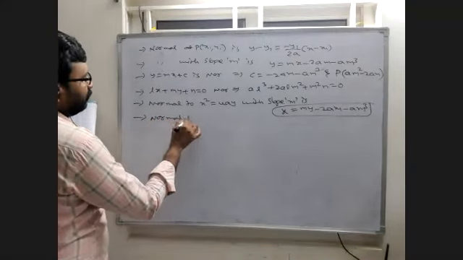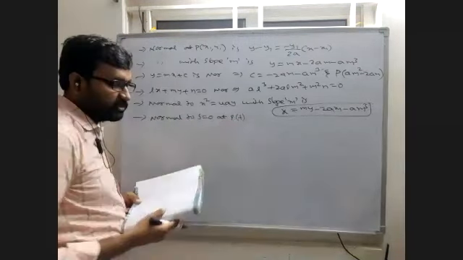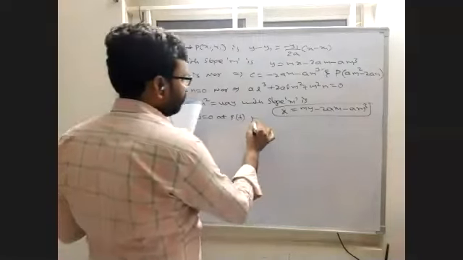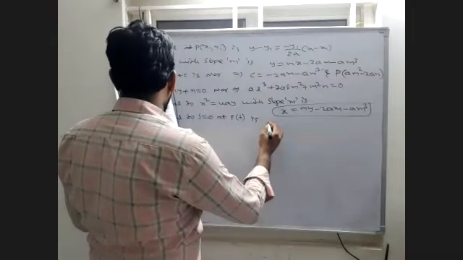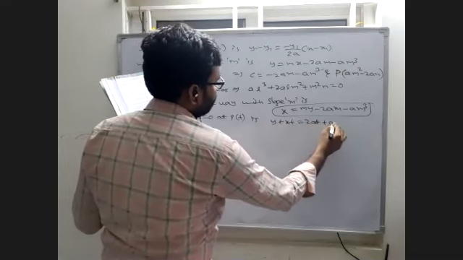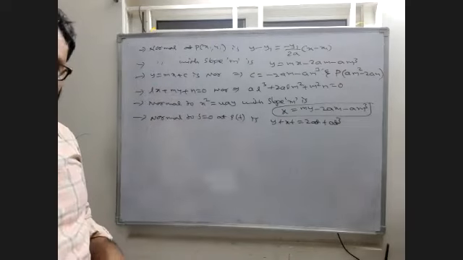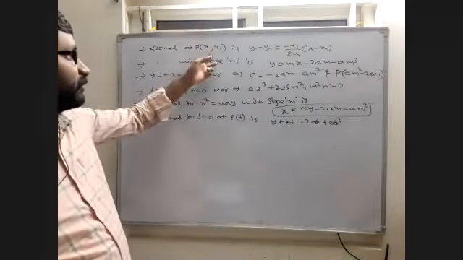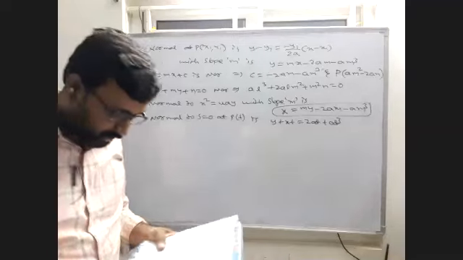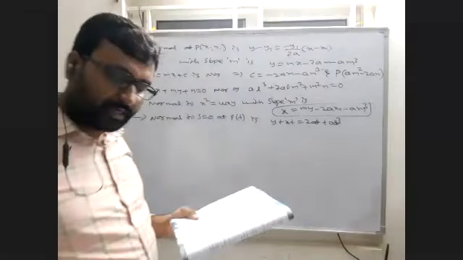And next, the equation of the normal to y square equal to 4ax at a parametric point. Normal to S equal to 0 at P of t, the parametric point, is y plus xt equal to 2at plus at cube. 2at plus at cube is the equation of the normal at the parametric point; the equation of the normal at P(x1, y1) is for a variable point.